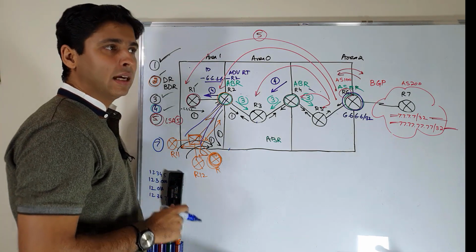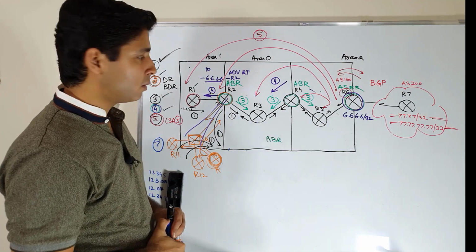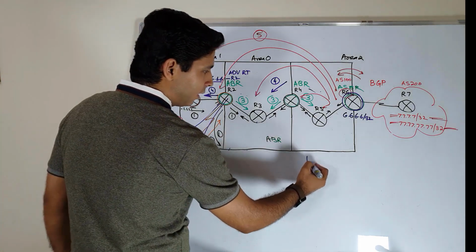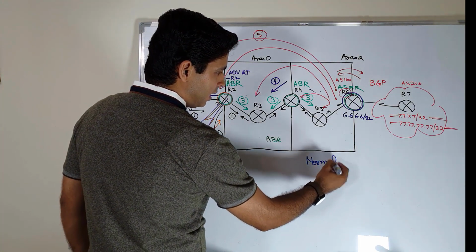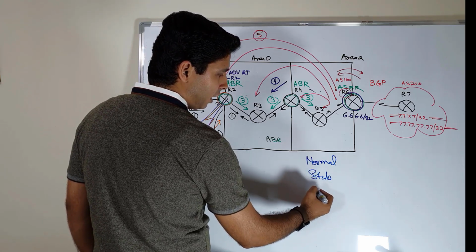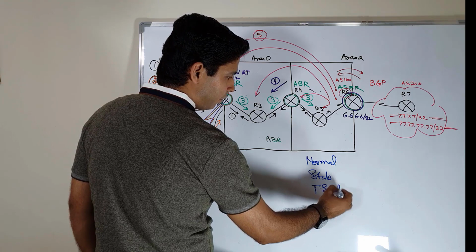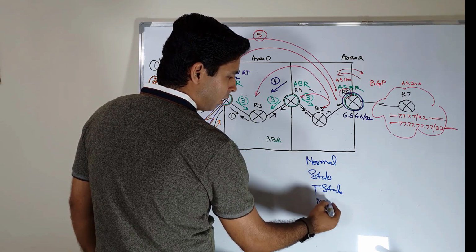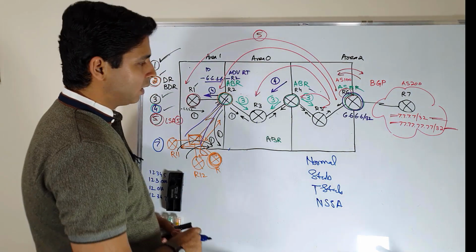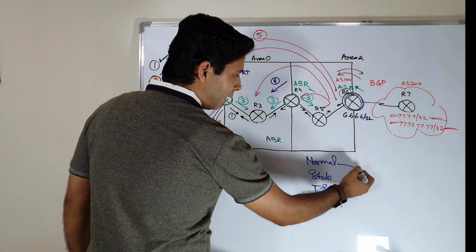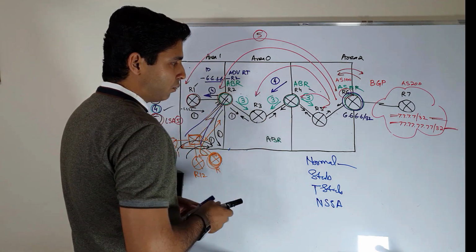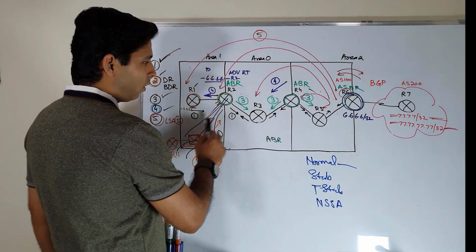Okay, so before going to the next type of LSA, which is type 7 LSA, we have to revise our area types which we discussed previously, the OSPF areas. We have normal areas, we have our stub areas, we have our totally stubby areas, then we have our NSSA. I gave a brief introduction on these in our previous lecture. Normal areas. Now we will discuss from the LSA point of view.